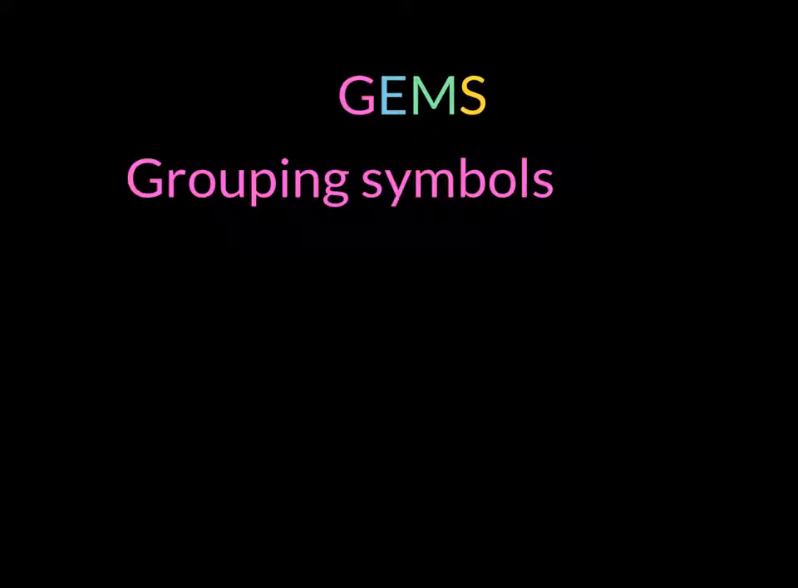A fraction bar can act like a grouping symbol. A square root symbol, even a division box can act like grouping symbols. Once we solve inside the grouping symbols, we will move on to exponents, and that's what the letter E stands for. After you simplify your exponents, working from left to right, you will do all of the multiplication